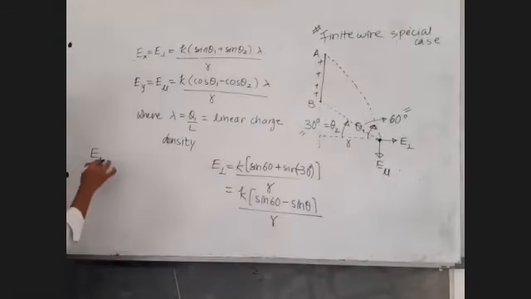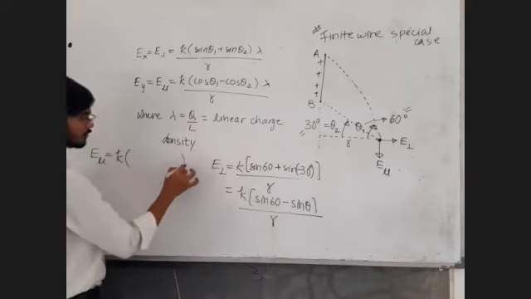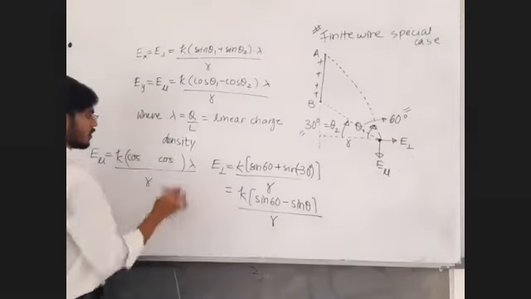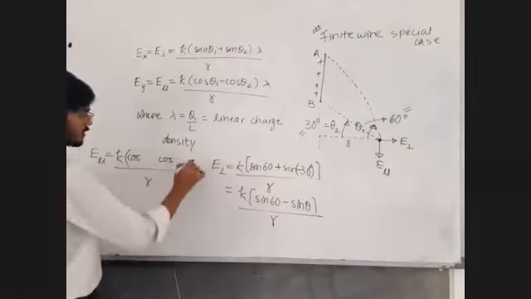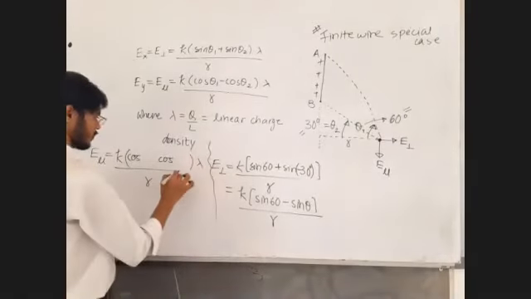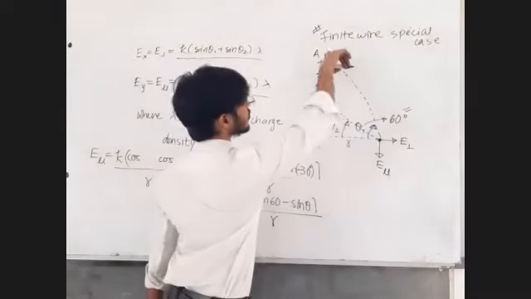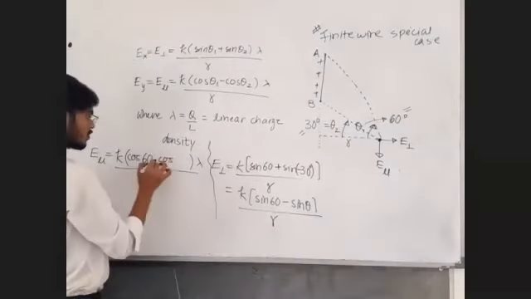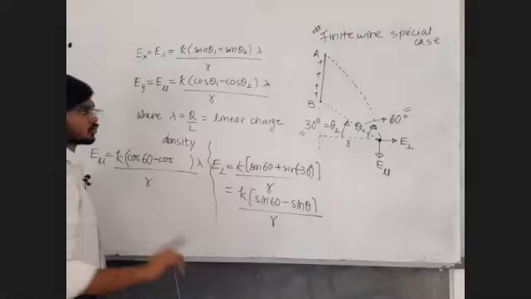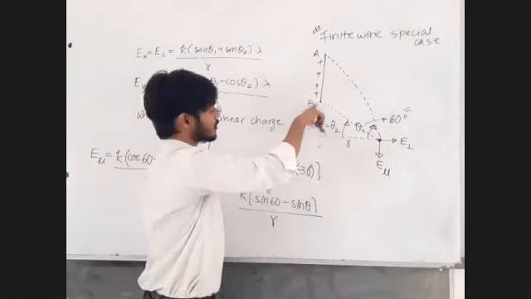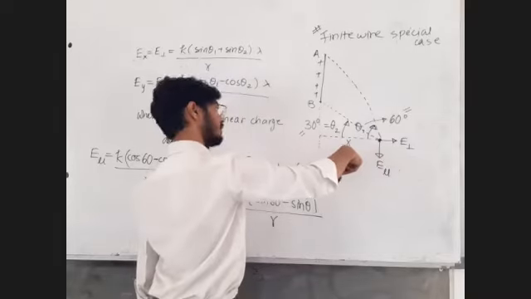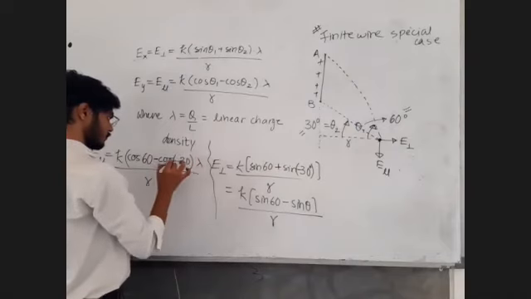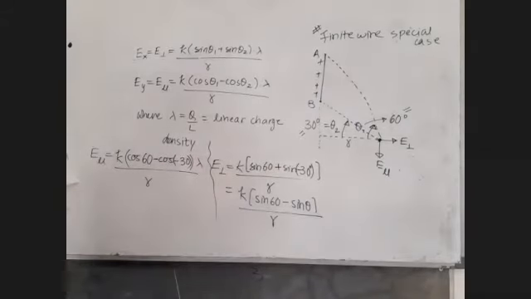Let's see next, E parallel. Sir, k into some value into lambda upon r. Sir, cos minus cos. For the first angle, upper point, angle measured upward, so positive, no issues. Sir, second angle, it's a bottom point, angle should be measured below, then it will be positive, but right now angle is measured upward, so it has to be negative. So cos of minus 30.